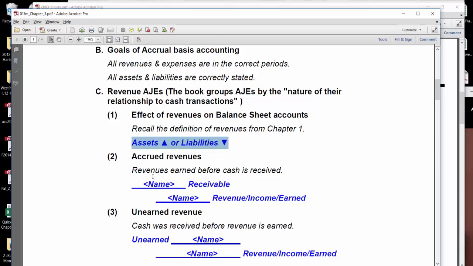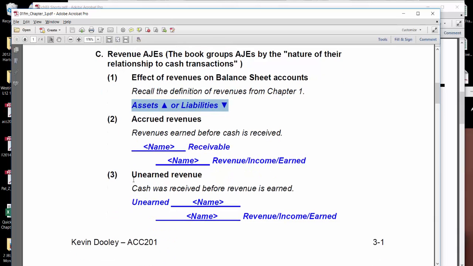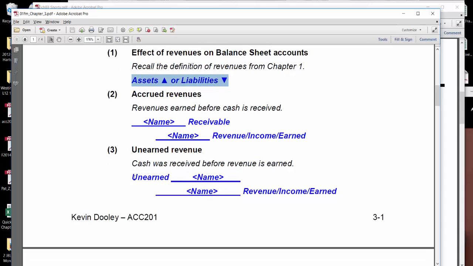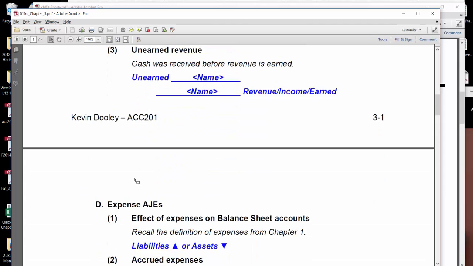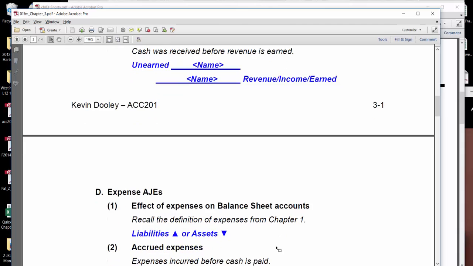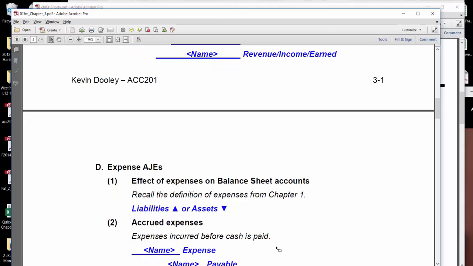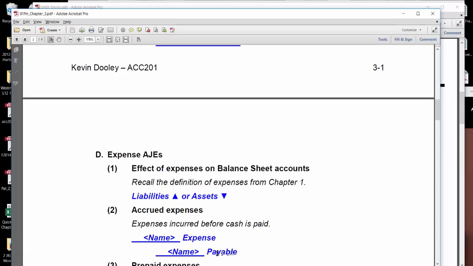We can also have adjusting journal entries related to expenses, and there are 3 of them, 2 major types and 1 that's just a variant on one of them. When we have expense adjusting journal entries, those are going to either make our liabilities get larger or our assets get smaller. And just like revenues, we have accrued expense adjustments. Accrued expenses happen when we have an expense that's incurred before cash has been paid. So in that case, we have to adjust the expense account upward and increase our liabilities, specifically a payable type